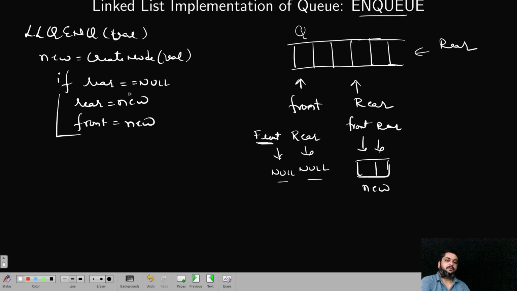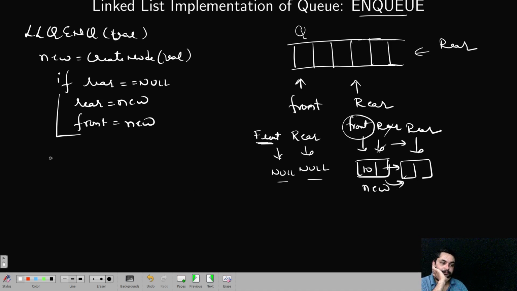Now, if it is not null, that means there is at least one node. For example, here I have passed 10. Next, I have to create a link like this. The front will be pointing here only because I'm not dequeuing. So I have to move this rear to the next element. What do I have to do? First, I have to create a link. So this new will be the